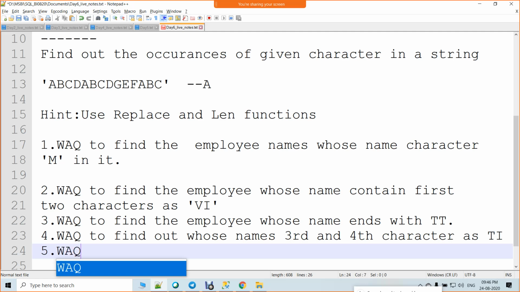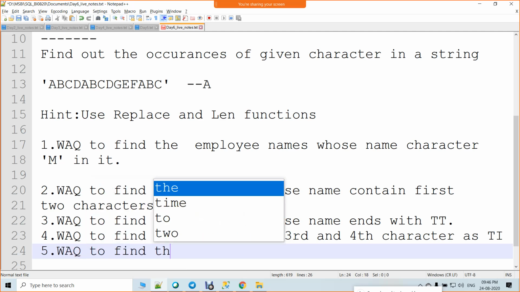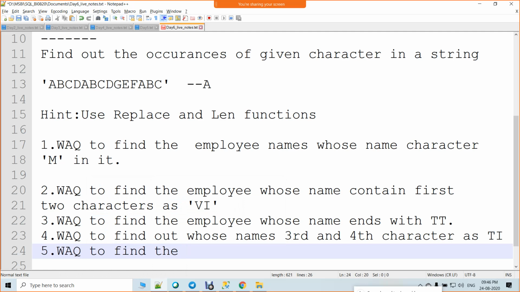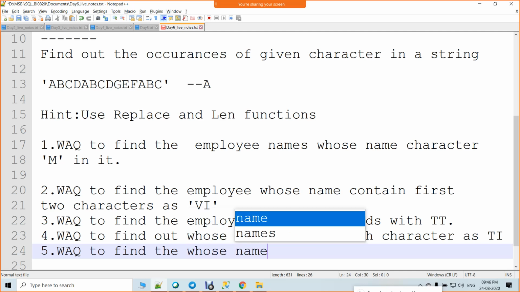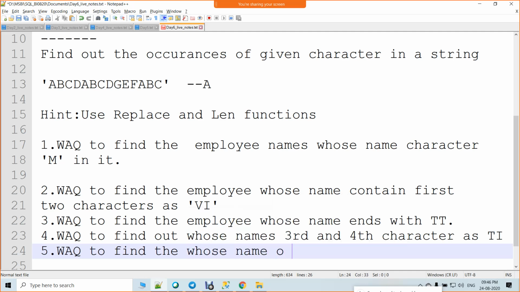Write a query to find out employees whose names are 5 characters in length.